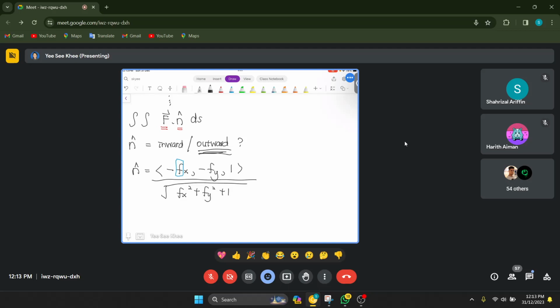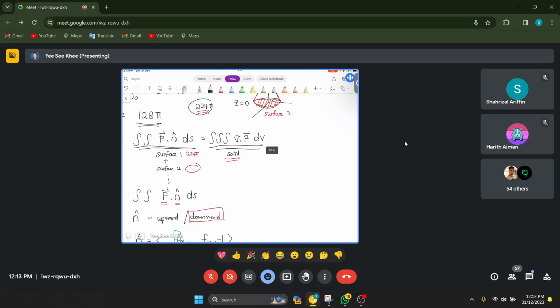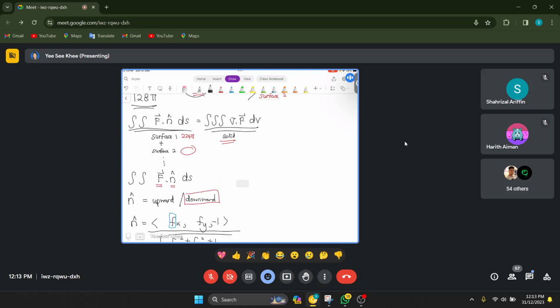Because it is a surface, just now it should have been asking whether it should be outward or downward. So the answer is downward, and you should choose the other formula, which is this one. So the equation for surface 2 is